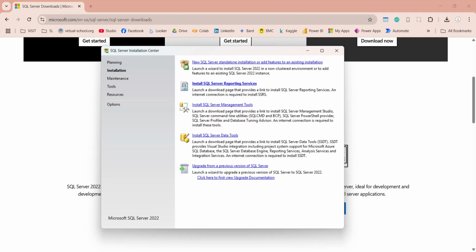The most important one is the SQL Server Management Tools, which is SQL Server Management Studio, which is quite important if you want to access your SQL Server and write queries, create tables, create views, etc. So click on this button